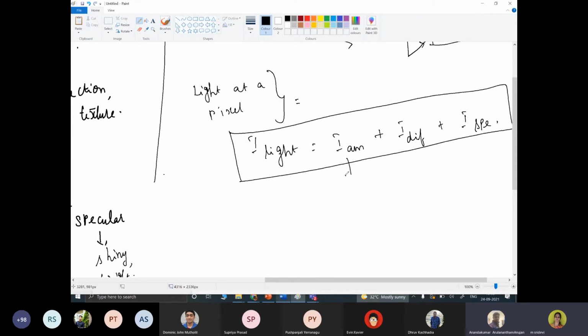IAM is another concept which indicates the ambient light source. The product of multiple reflections of light from many surfaces present in an environment forms this. So when you add all these three things, that is the light for a particular point in a given object surface.